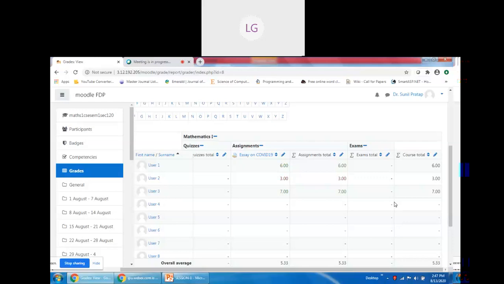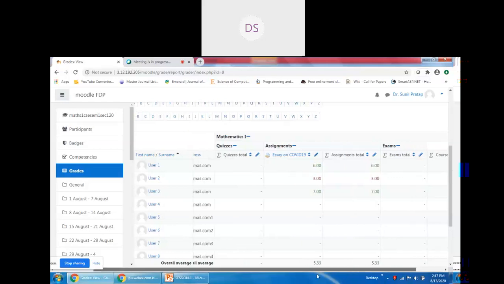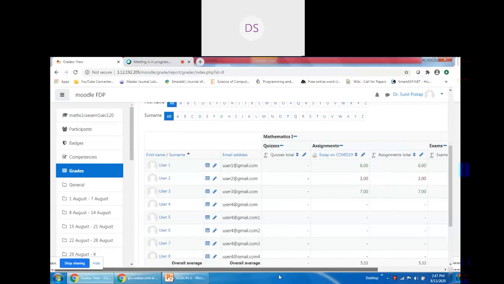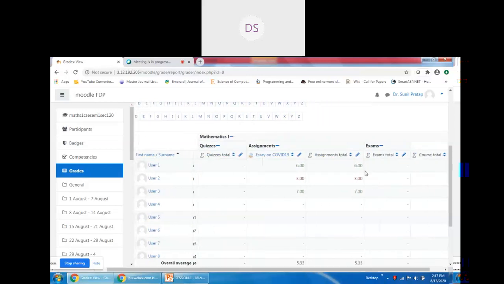By default, Moodle supports 100 maximum marks. You may give 100 marks to quiz, you may give 100 marks to assignment, no problem. Finally, when we complete all the activities, quizzes, and exams, then we will be able to see the effect of weightage. Actually, in my window, I have just given small numbers, 5, 6, 7. So you need not worry about 100 numbers, 150 numbers. You may give any numbers to any component.